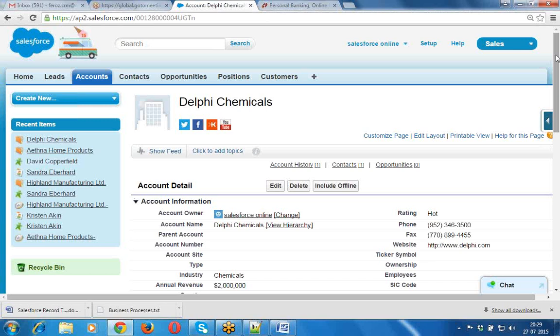We have created multiple account records with different sets of values, but the look and feel, the fields, the structure of that object and the sections in that record are all the same. Whatever sections are available in all those records will be the same. Whatever fields are available in each section will be the same for all the records. And whatever background colors and foreground colors we have will be the same for all the records available in that object.